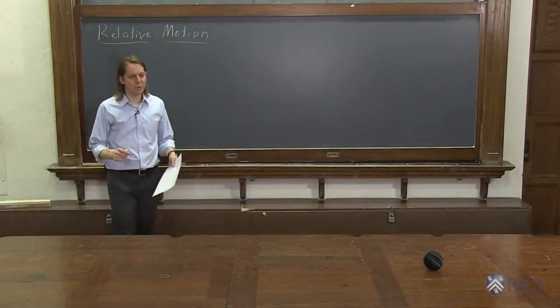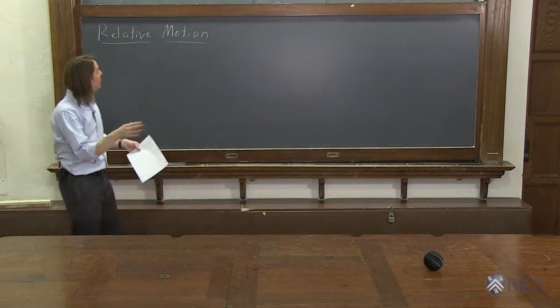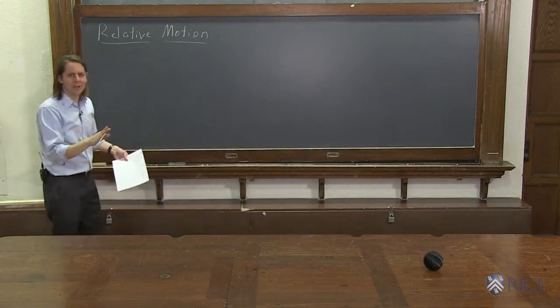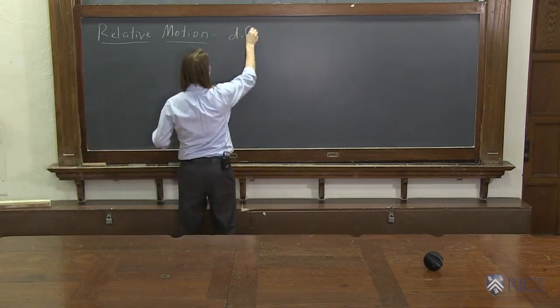Now we're going to look at relative motion, which is a way to describe the motion of an object in different reference frames. So I like my simple definition. This is often way overcomplicated. I'm going to show you an easy way to think about it. But my simple definition would be different